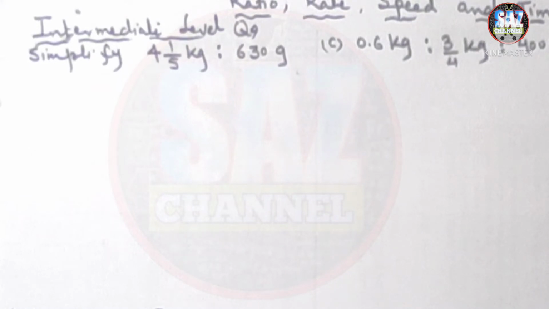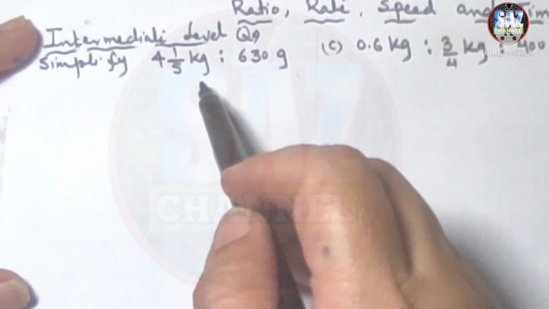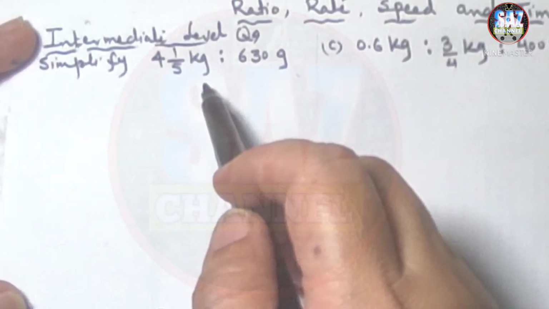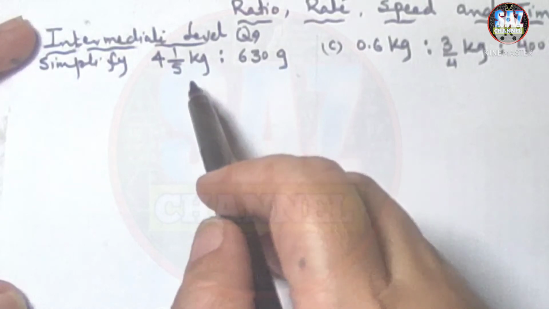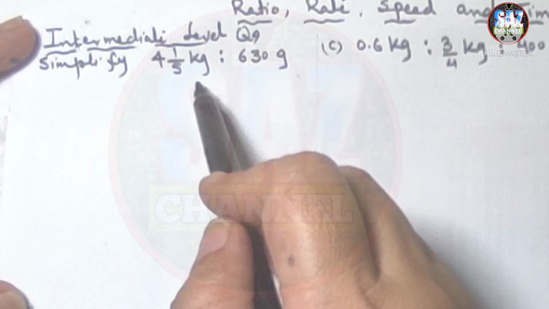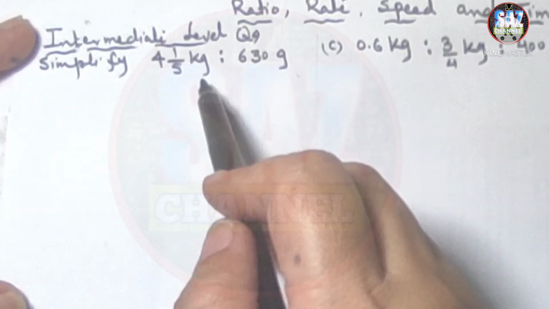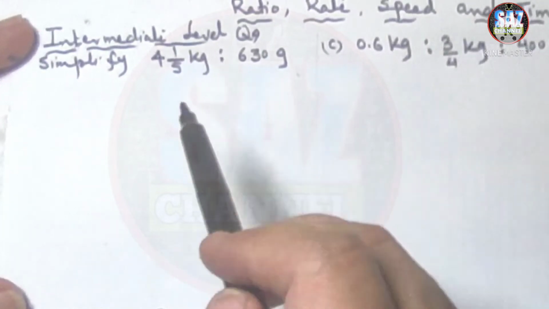630 grams. Again, recall my previous lesson that ratio is the comparison of two quantities which are in same unit. Here if we look at the question, we can see that one quantity is in kilograms and one is in grams, so we have to convert both the quantities in same unit, and it's preferable to convert bigger quantity into